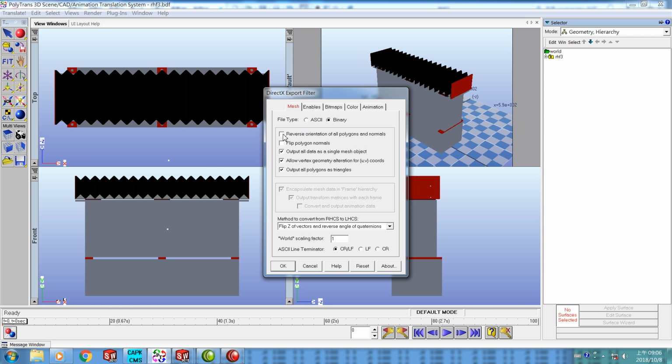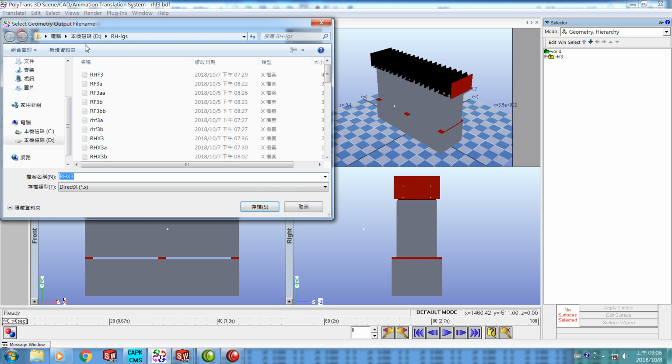The positive direction is 2, not picked. Okay. The folder rh.iges. The file name, give rhx3aa. Save it,